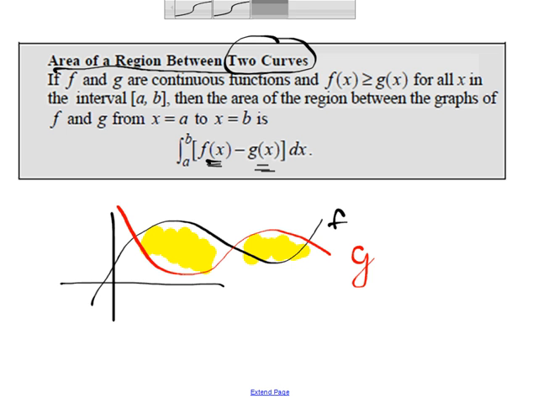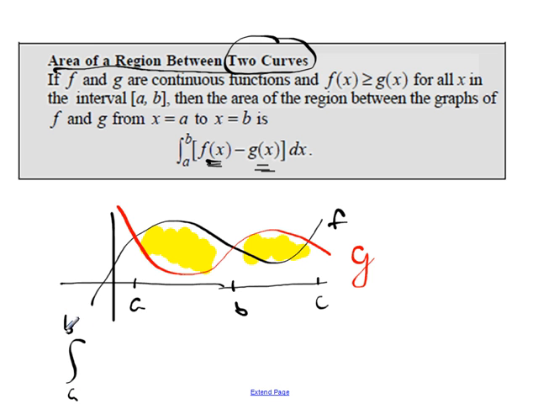And let's call this A, B, and C. So that the area, those yellow areas, would be the integral from A to B of f minus g dx, because f is the bigger function here, and f minus g is the height of that little sliver,